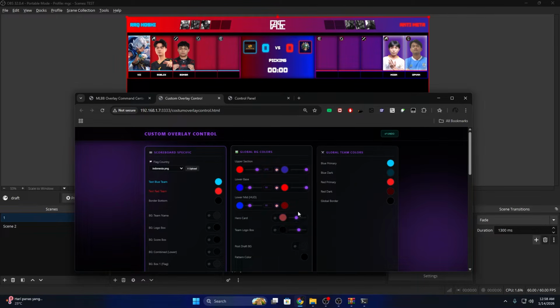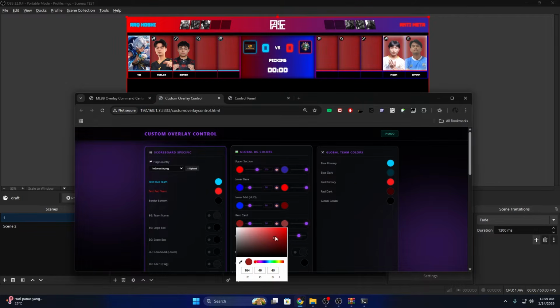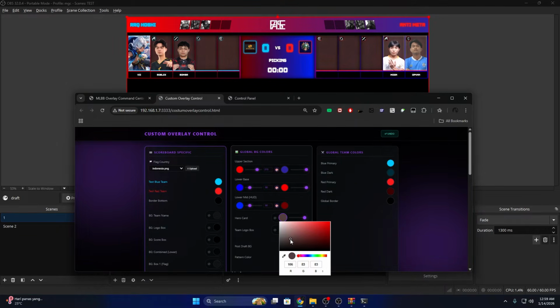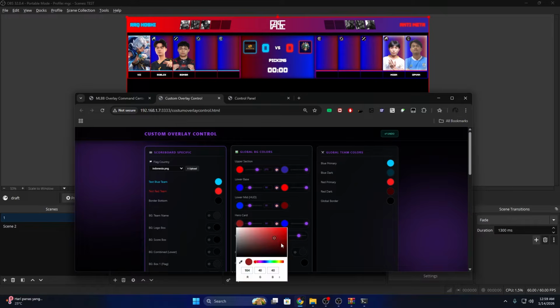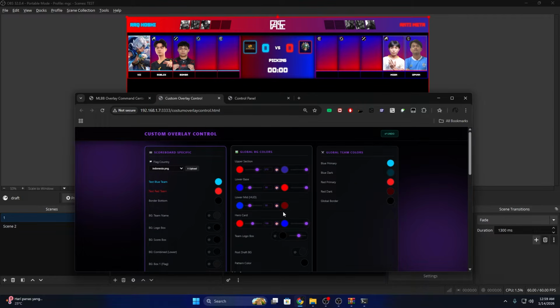Oh, and if you're wondering what this button does, this is the opacity button. So as you can see, this is the base, and this is the main base, and then opacity up, opacity 0, and opacity up. And if you still want it like this, maybe blue, and then red, and then something like this maybe.